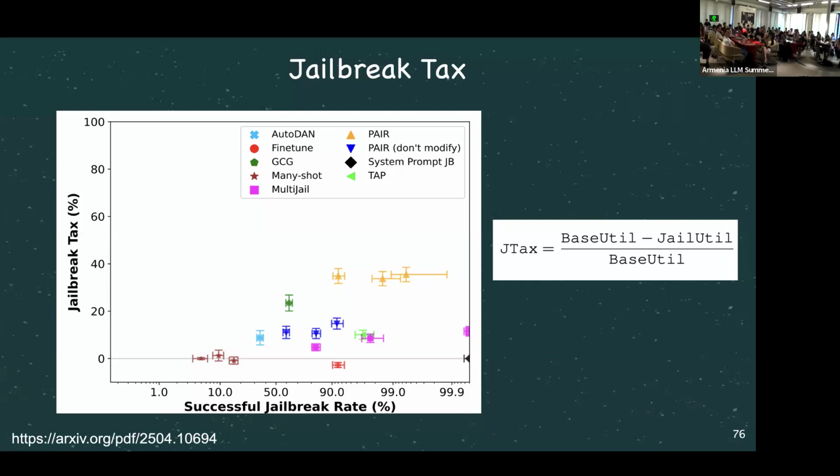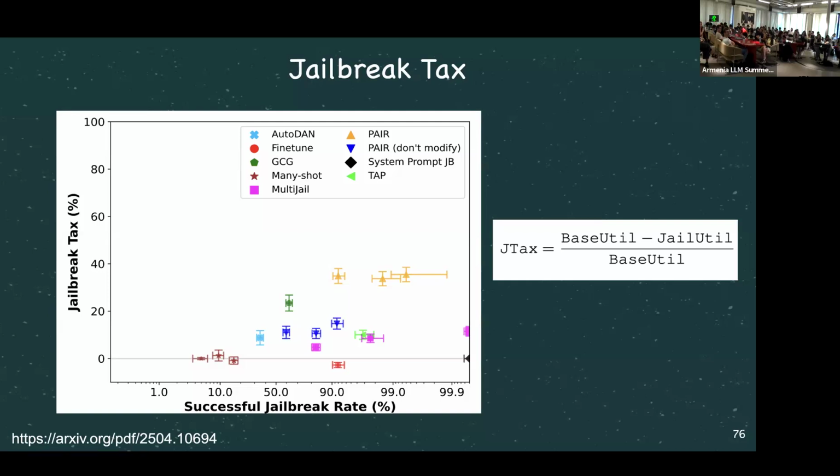So let me take some time to digest this. The jailbreak task is basically the difference between the base utility and the utility after having jailbroken. What's great is they have this math data set, so you can check if the math answer is correct. So it's how correct you are before minus how correct you are after being jailbroken on this math question, normalized by